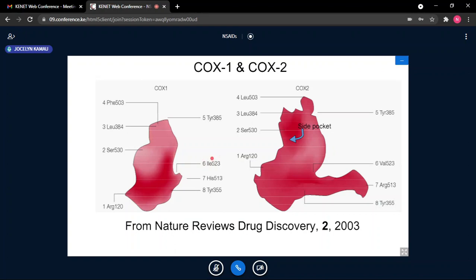When we look at the structure of isoleucine, isoleucine is bulkier than valine. And because isoleucine is bulkier, it blocks the space, as compared to valine, which is slender and smaller, and therefore giving us that pocket. Because of that structural difference, the selective coxibs have been synthesized with a rigid arm, a rigid side chain. That rigid area is able to come and insert itself in this pocket.